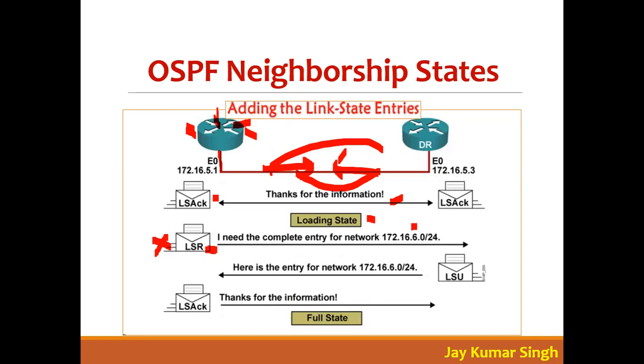If there are no networks, then no problem. So in the loading state they will start loading the information. This router will load the information which is coming from the master, and the master will load the information which is coming from the slave. Loading means creating and refreshing the database, because I have my older database, and I receive some other information from my neighbor, so I'll refresh my database. That is the loading process.